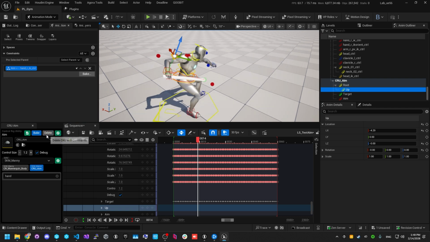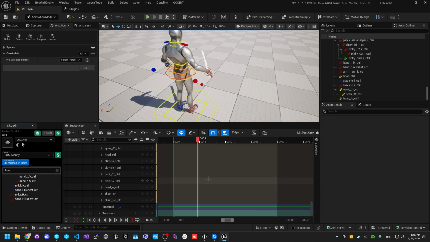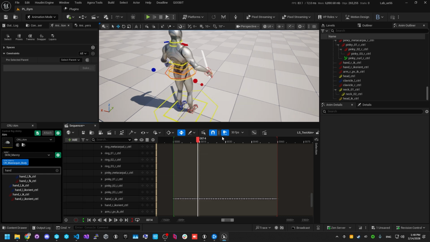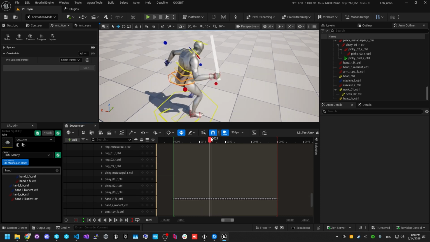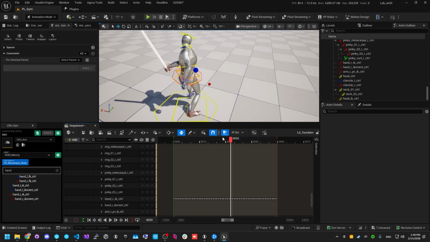If you don't want to delete it and you want to commit the changes to the control that we originally bound to, which is the hand IK control, you can just press the bake button. And you can see that the control rig that we added for the aim has been cleaned up, and the controls have now been baked onto the hand IK control. So if we scrub, these are the new updated controls with the adjustments that we made with the attached control rig. And that is generally how we can use the